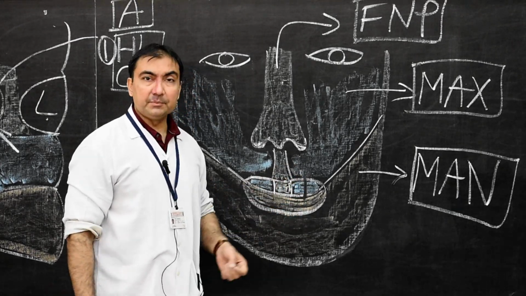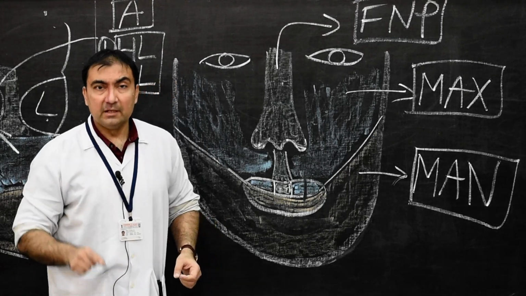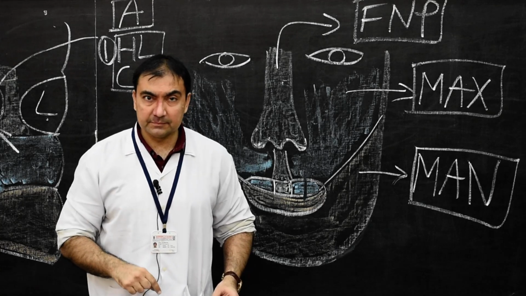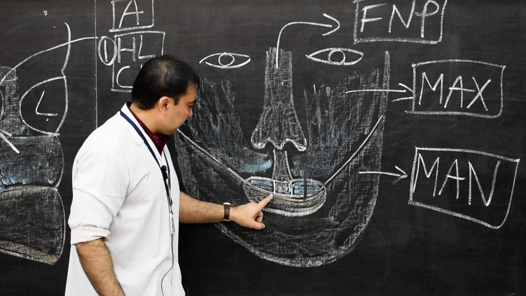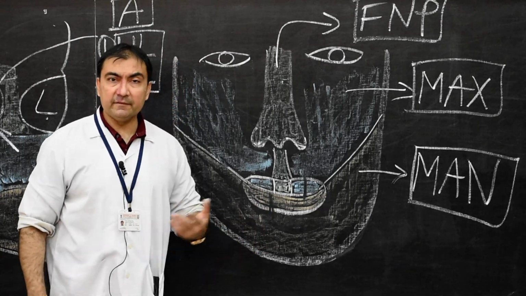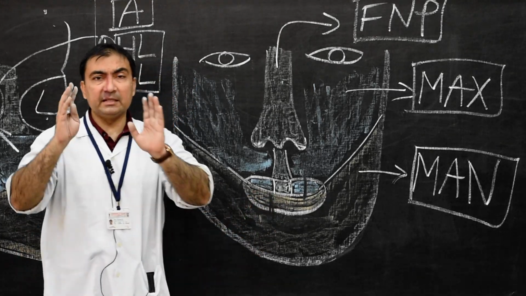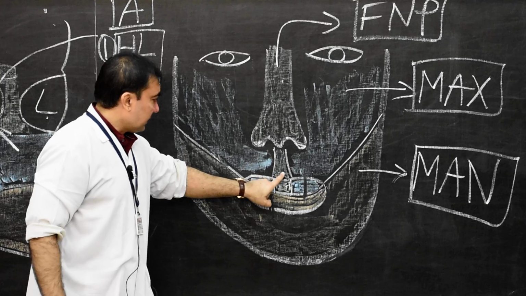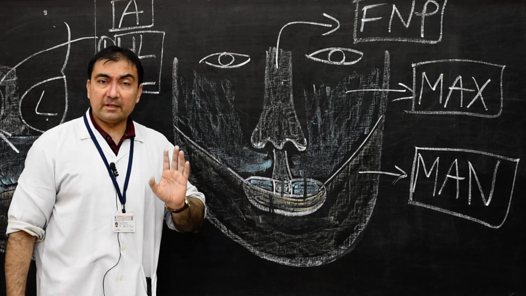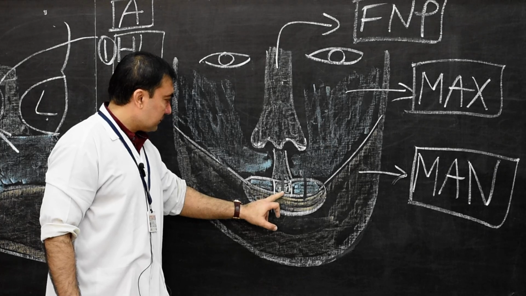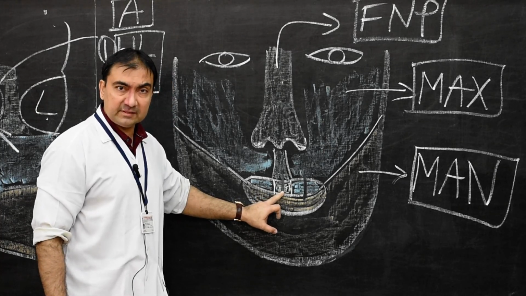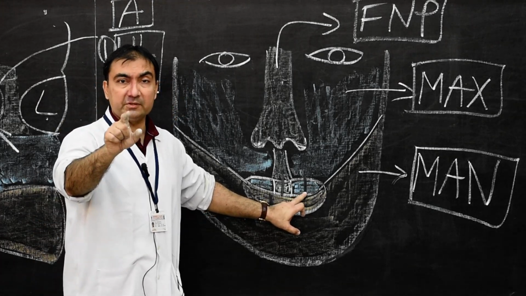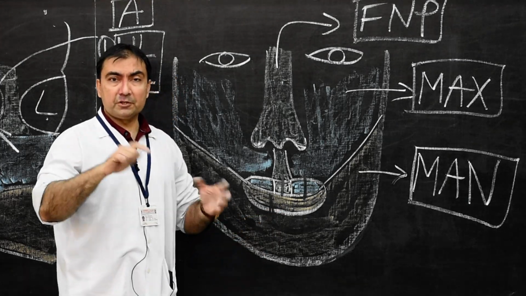Second, if the hare lip or cleft lip is present in the lateral part of upper lip, that is because of non-fusion of maxillary process with the globular process of median nasal process. Third, if the hare lip is present in the lower lip, anywhere, central, lateral, anywhere, that is simply because of non-fusion of the 2 mandibular processes. So there are 3 hare lips or cleft lips. Median in the upper lip because of non-fusion of the globular processes with each other. Lateral upper lip because of the non-fusion of maxillary process with the globular process. And lower lip, non-fusion of mandibular.